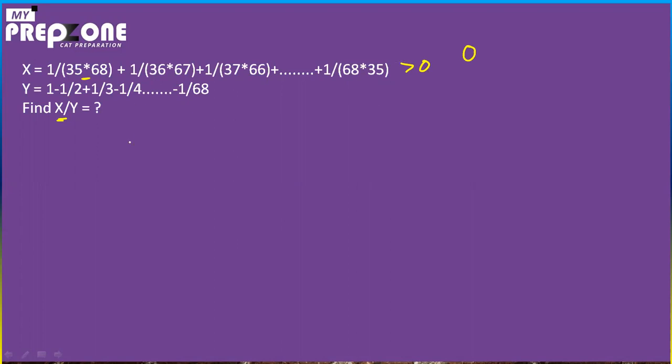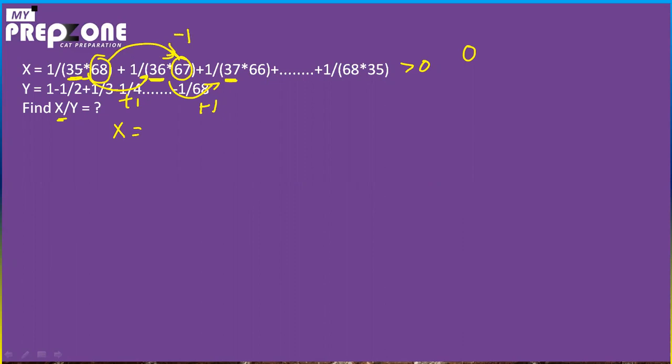Now how do we solve such questions? While we'll be discussing more of the logic and the tricks involved in this topic of sequence and series, for now let's just do this question. The first thing is basically to identify the pattern here. X is given to you, right? First term is 35, second is 36, next is 37. So you basically have an increment of +1 in every first term. And the second term is 68, 67, and so on and so forth. You have a decrement of -1.